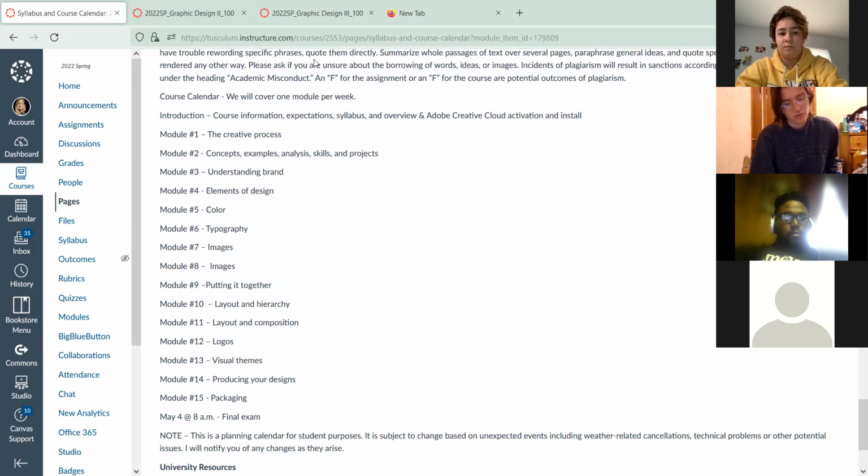All right, and this is tentative. We may deviate from this just a little bit if we need to. And this is for graphic design 1. So if you go over into 2 or 3, they're going to have different calendars. You all won't be on the exact same calendar with the modules. All right.